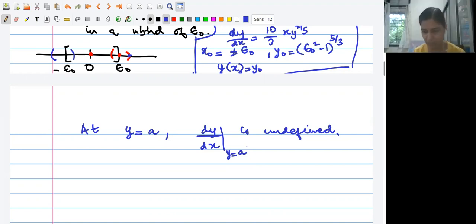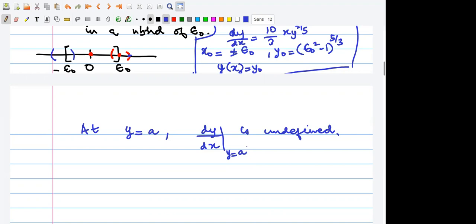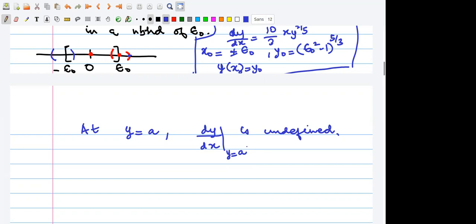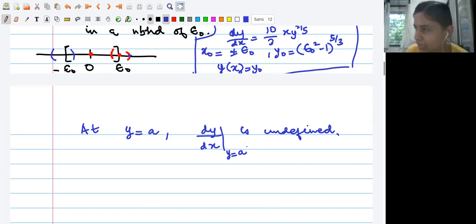So it depends. If the ODE is admitting a unique solution, that may not be the case in what you are saying, isn't it? Sorry, ma'am, I didn't understand. So all I'm trying to say is, see this. My feeling is that the ODE is admitting more than one solution at that point.